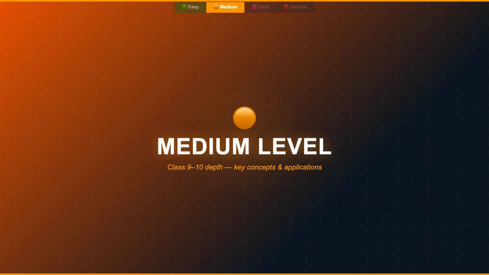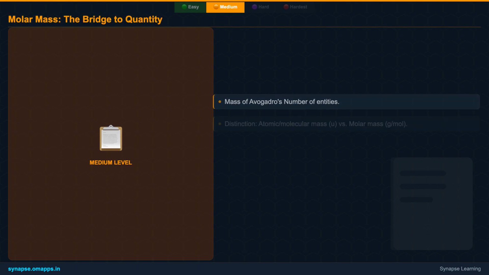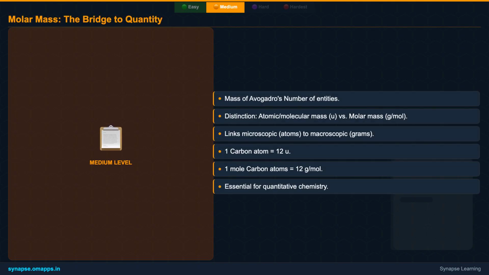The mole concept is more than just counting, it's a fundamental bridge in chemistry. The mole acts as a crucial bridge, connecting the microscopic world of atoms and molecules to the macroscopic world of grams and kilograms that we can measure in the lab. It's the cornerstone of stoichiometry, allowing us to predict exactly how much of each substance will react or be produced in a chemical reaction. The specific value of Avogadro's number isn't random, it's precisely defined so that 1 mole of carbon-12 atoms weighs exactly 12 grams, providing a consistent reference point for all other elements and compounds.